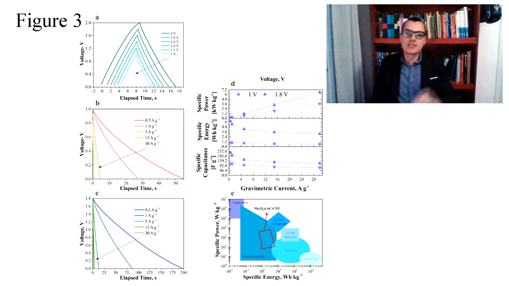Figure 3d summarizes and compares the different parameters obtained from GCD tests at 1 volt and at 1.8 volts. The specific capacitance as well as power and energy densities are a function of gravimetric current, as you can see looking at this picture. For one electrode, values of